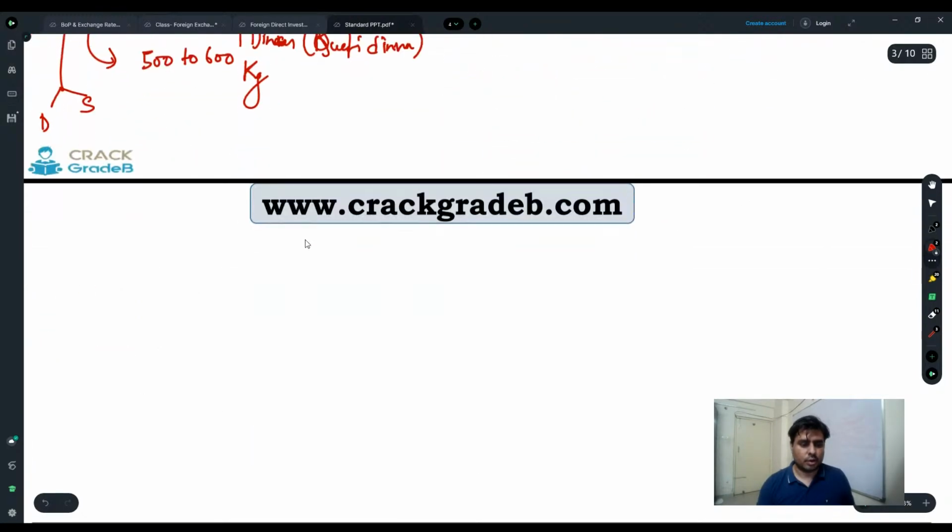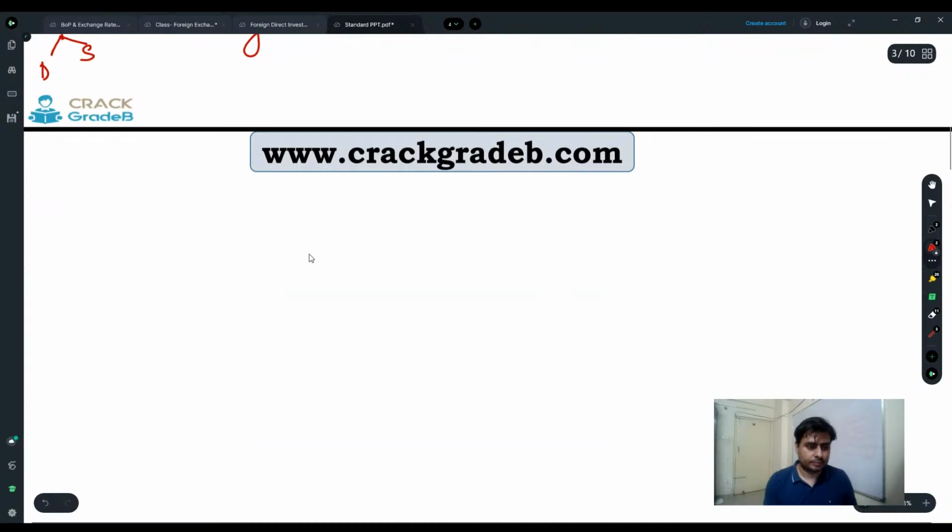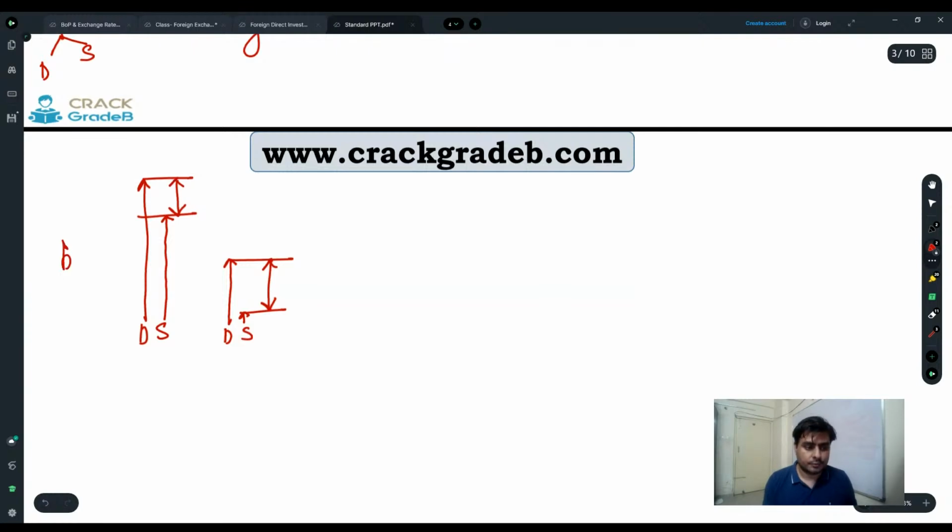Just for your better understanding, if you put this, this is the demand of apple, and this is the supply of apple. Whereas the demand of avocado in the Indian market is like this, and supply is this. So the difference between demand and supply is greater. Here the demand and supply difference is less, but